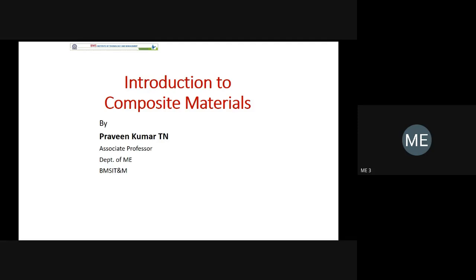So now I have put in more photos, so that when I explain, you at least come to know the important terminologies used in composite material. Otherwise, if you start explaining composite material, it will be an abstract concept. I'll show more and more photos of applications, then we'll go for some fundamentals and other explanation.